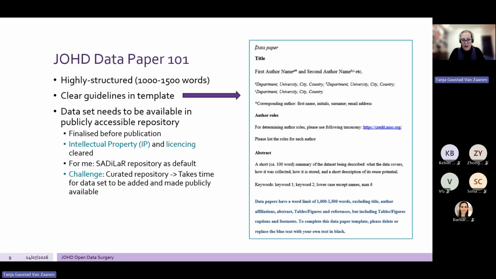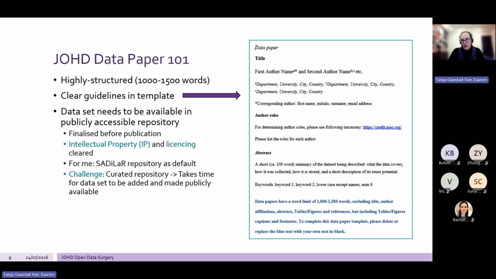So that's background on data and data papers. But now let's zoom in on how JOHD works with data papers. So I called it Data Paper 101. On the right-hand side, you see an excerpt of the template that is shared via the JOHD website. So if you plan on submitting something, the first thing you do, you go there and you download that template, which is going to help guide you write your data paper. And for each of the sections that you're supposed to write about, you get guidelines. So you can see at the bottom, you've got some text in blue, and those are guidelines for you as an author, which tell you what to do or not to do, for instance.